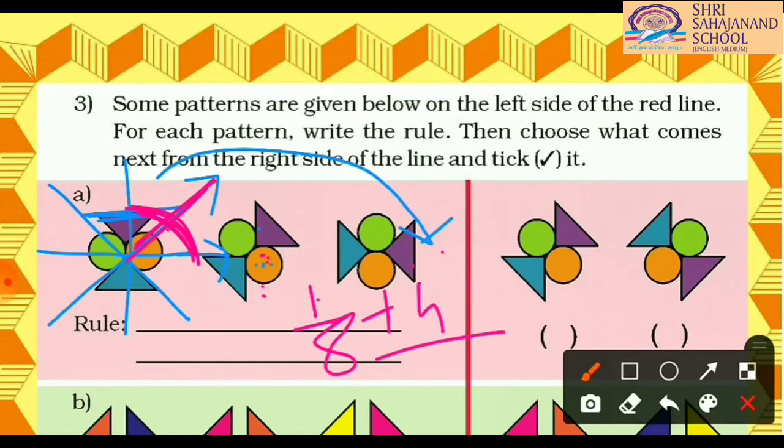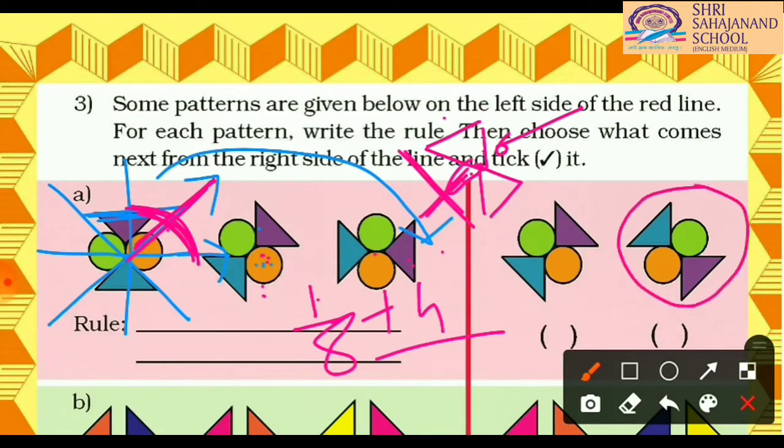In a 1/8 turn what will happen? It will be looking slanted, meaning the triangle will stand slanted. And there will be circles, and the green circle will be on the right side and the orange circle will be on the left side. So we can see that the second picture is the right answer. I hope you have understood what the turn was.